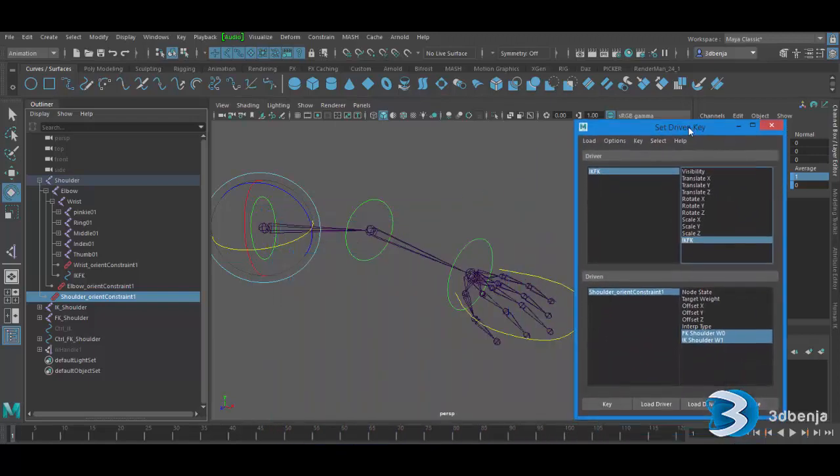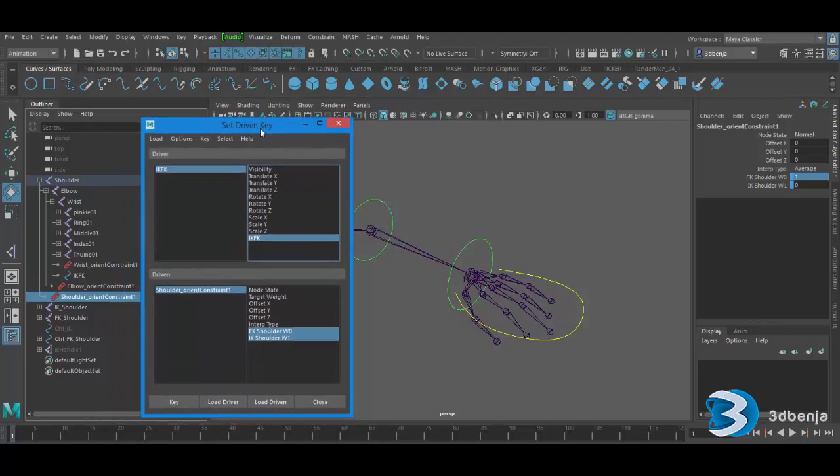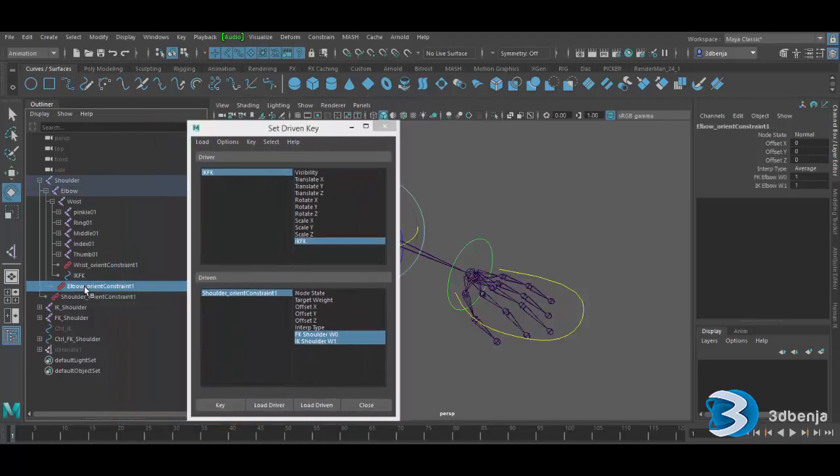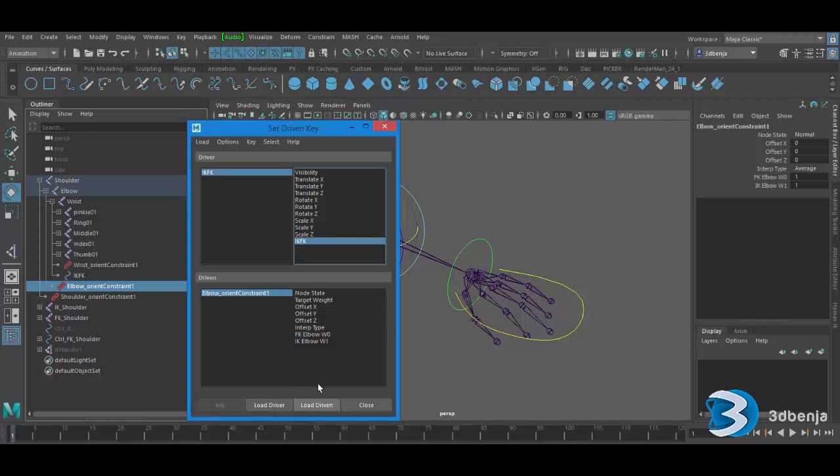All right, then we're going to do the same for our elbow one more time. So let me come over here, let me find a nice place to put this. Yeah, even there is fine. So again, we come to our elbow, and we still have these two. You notice they are not even keyed. Now we want to load them as driven. Load as driven, and again these two,